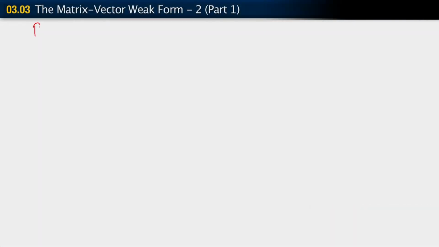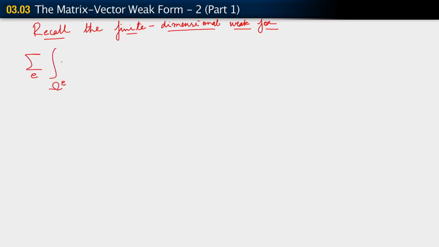Okay, so yet again recall the finite dimensional weak form. It's this: sum over E, integral over omega E of WH comma x